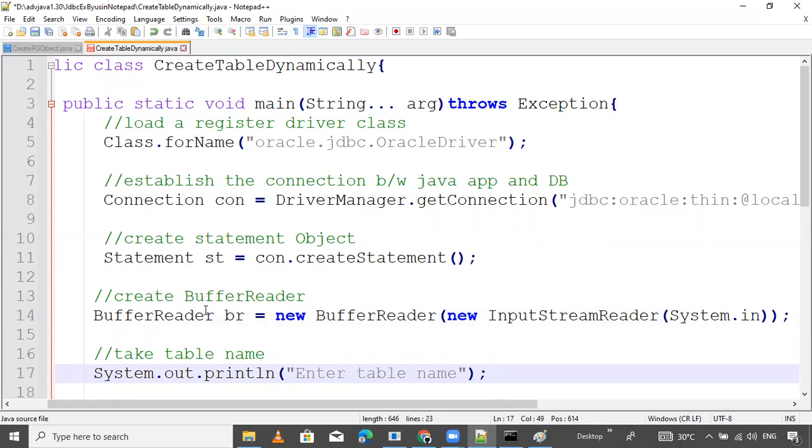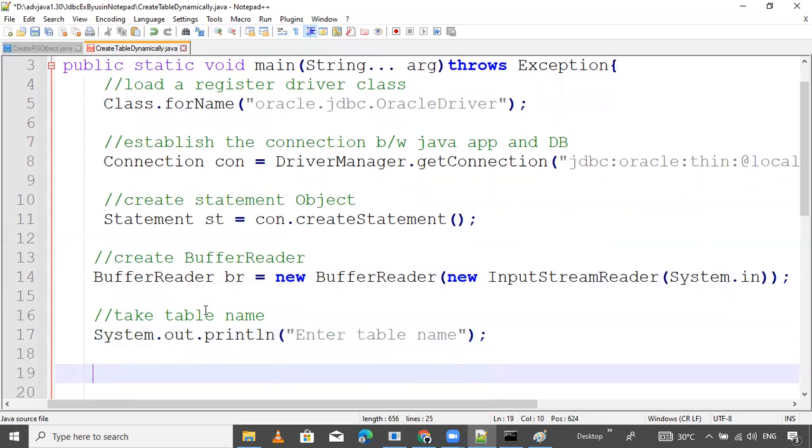I am putting more concentration on this particular example, and in the next examples I will only copy and paste the same driver class and same BufferedReader, and just change the queries inside. So please take more concentration.